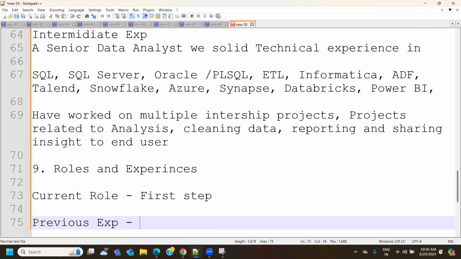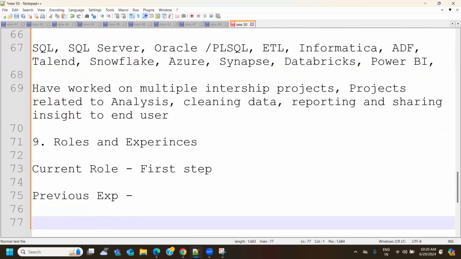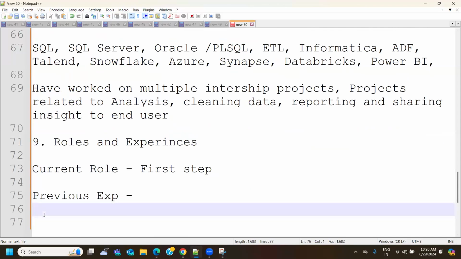Now, for previous experience, for people who are moving from a non-tech to a tech role, you should mention each and every previous experience. Do not skip anything. There may be people who worked for a company for 20 days and absconded. If you come across such situations, you can skip that. But if you have worked for a company even for a month and you legally left that company after serving your notice period of 1 day, 2 days, 1 week, whatever notice period you served, even if you worked for 1 month, mention that company in your previous experience.